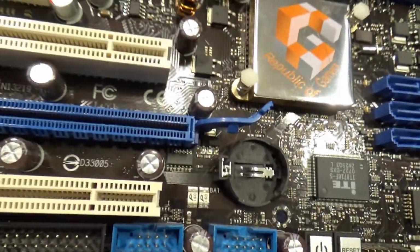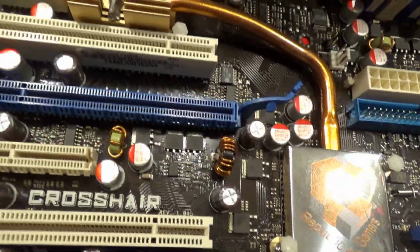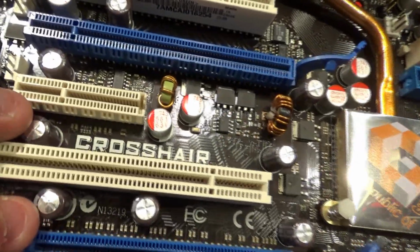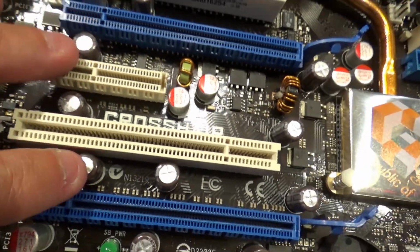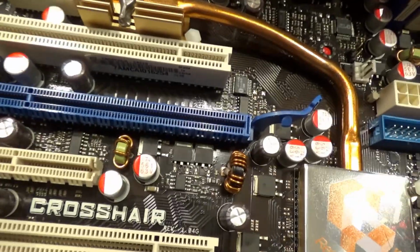And so it was at least those 2, and I started looking around to see what caused these capacitors to balloon out, and I figured it was just the heat. And I thought, that's okay, I can probably just replace these, that's no big deal. I could probably replace a lot of these capacitors that are on here. And so I started to look into that,